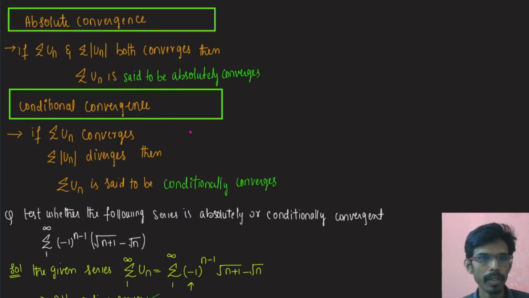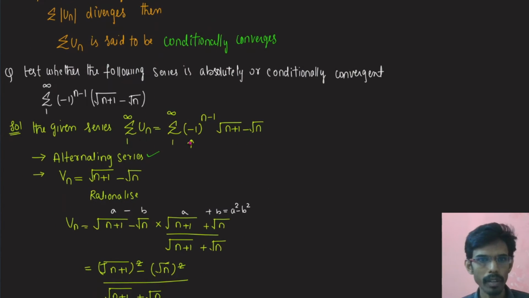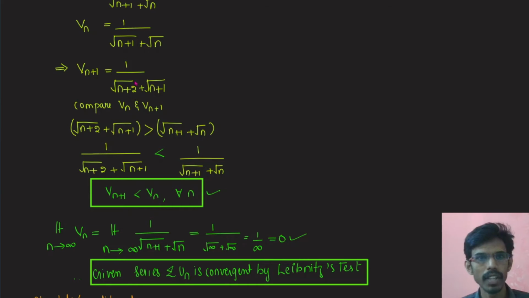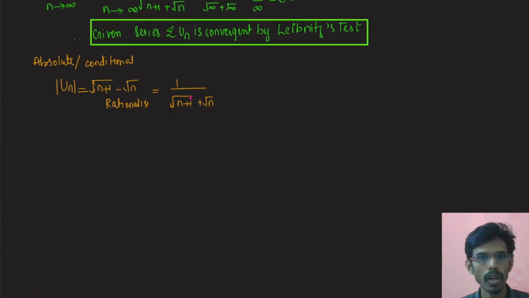So mod Un will be, see here, we took this as Un, mod Un means remove this minus 1 power of n minus 1. So we are left with root n plus 1 minus root n. If we rationalize this, just now we have rationalized, we got 1 by root over n plus 1 plus root n, right? Here we rationalize and we got this 1 by root n plus 1 plus root n. Now